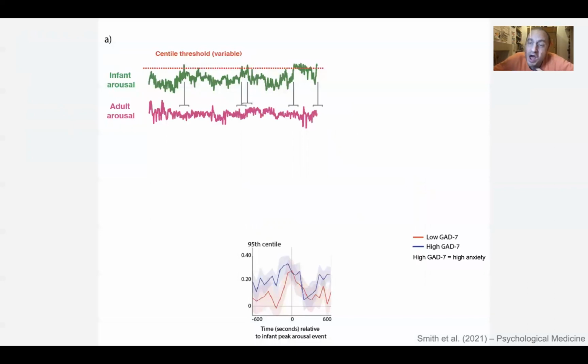To understand this more, we repeated the same analysis that I was just telling you about. First of all, just as in the previous paper, we looked at how the parent's arousal changes relative to the moments where the child's arousal crosses the 95th arousal centile. Remember I showed that overall you get a peak in parent arousal relative to those moments. When you subdivide this peak by high and low parent anxiety, it looks pretty similar. So this suggests that our anxious and our less anxious parents are reacting similarly when their babies cross the 95th arousal centile. That's their top 5% most highly aroused moments that day.